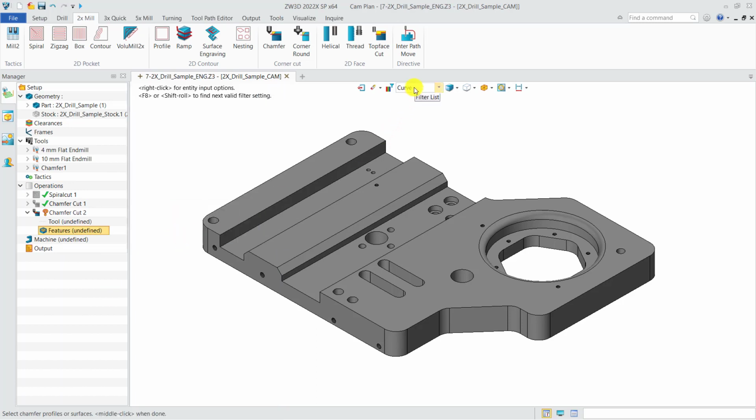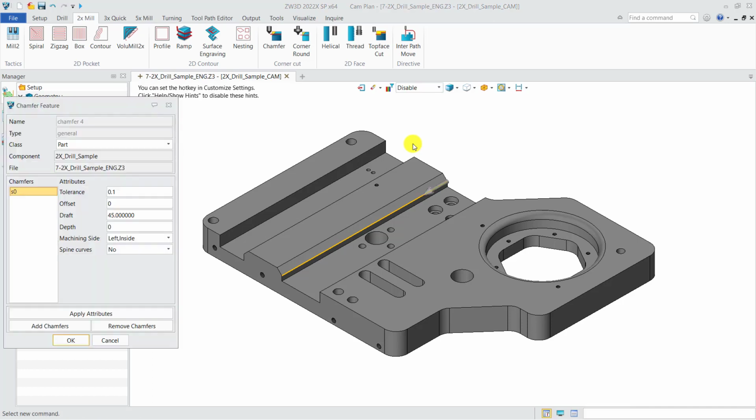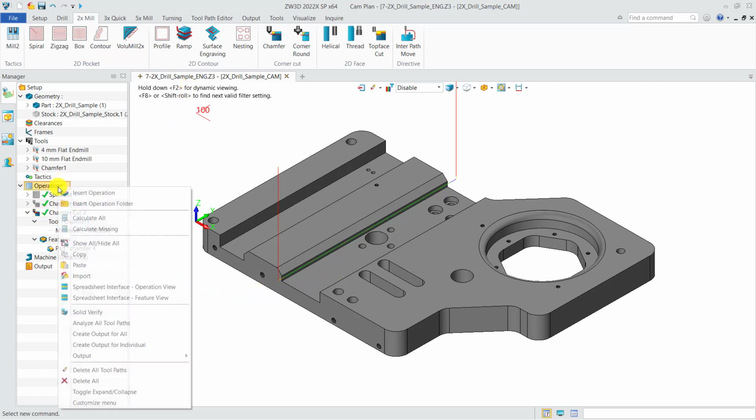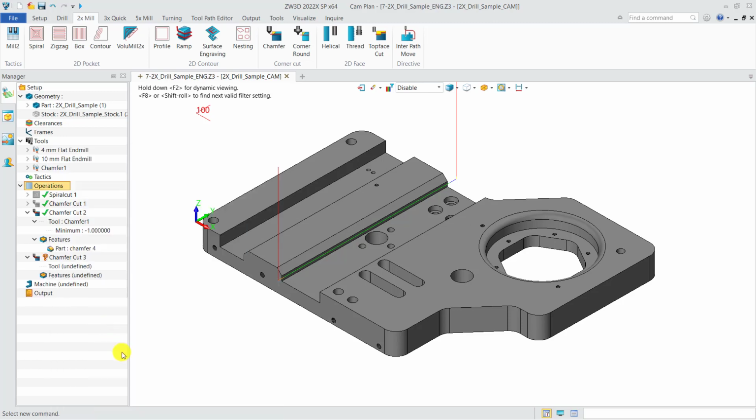Then I select the curve. Then I select this curve, and I need to click the middle button of the mouse to confirm the selection, and then click OK. Choose a chamfer tool, then calculate the two paths. Then these are the two paths, and the second one I will